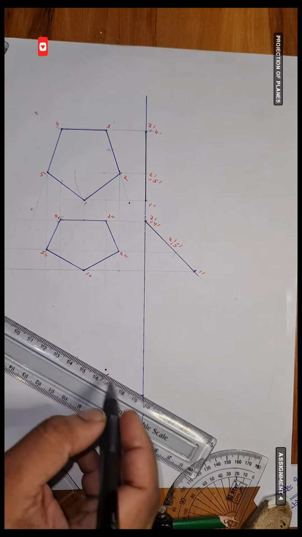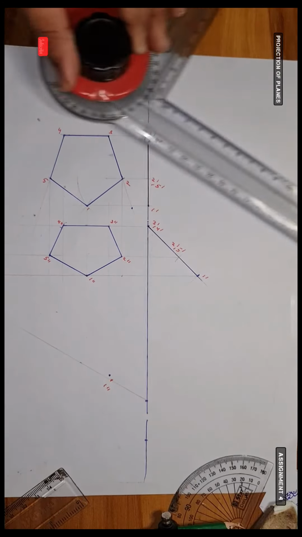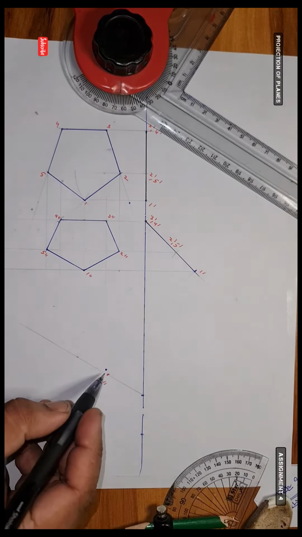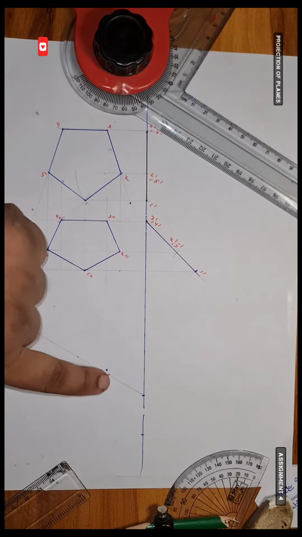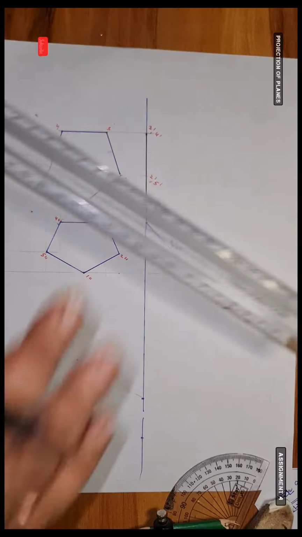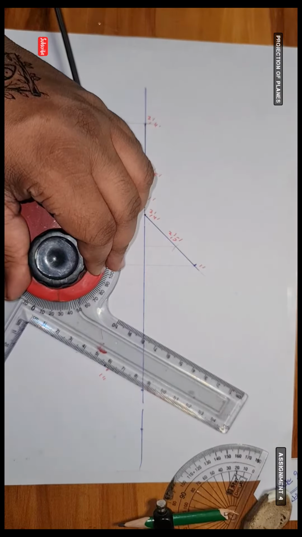So we are rotating the axis at 60 degrees. Okay, this is the point 1 again. Let us assume it is the same point. You can take it, and then you need to